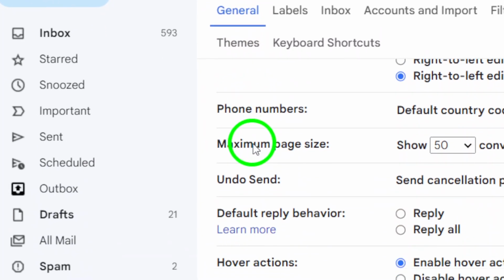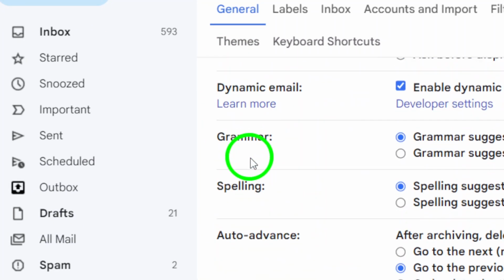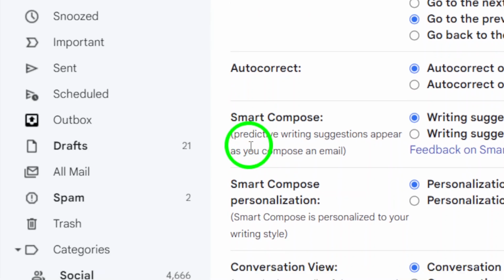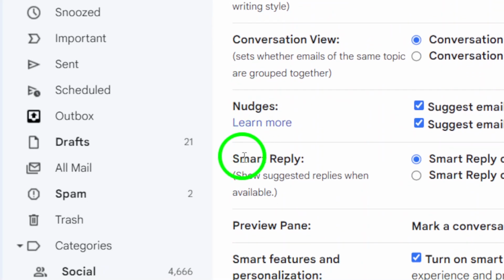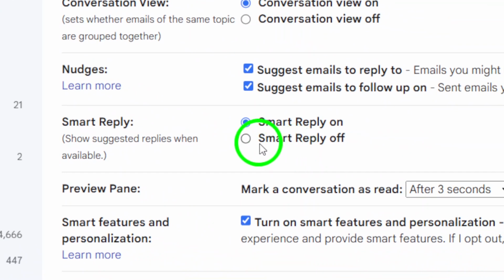Here, you will see a toggle button next to Smart Reply. Simply click on the button to turn Smart Reply off. After disabling Smart Reply, scroll down to the bottom of the page and click on Save Changes to confirm the